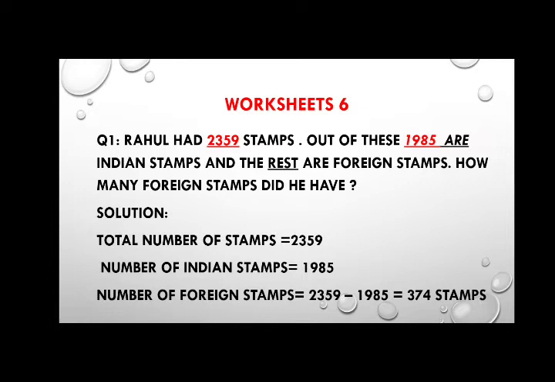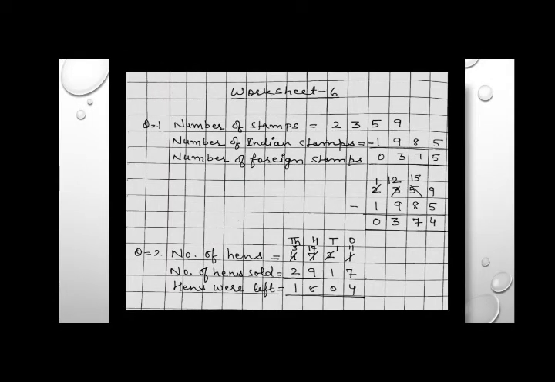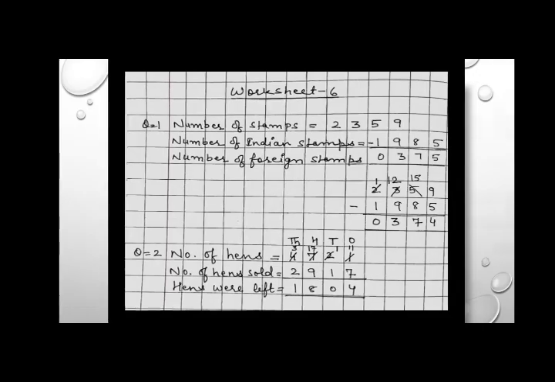That means how many foreign stamps did Rahul have? He has 374 stamps. So students, in this way you can solve your worksheet questions in your fair notebooks. You have to follow the same method which we used in the previous exercise for solving our questions. I will share the